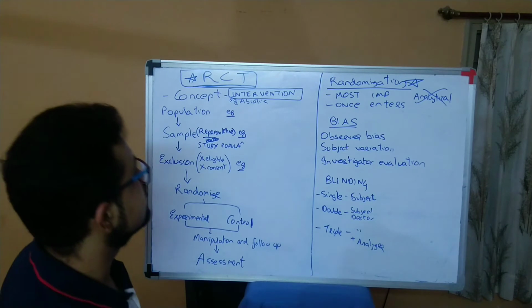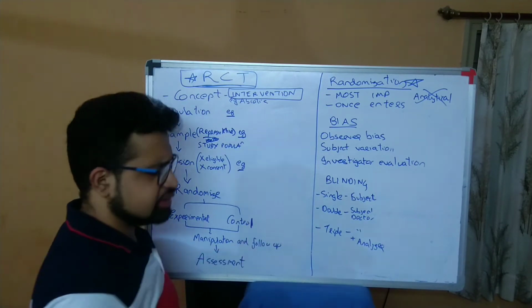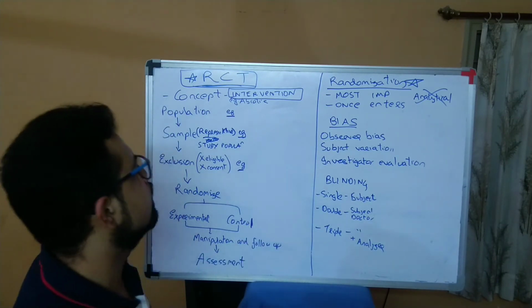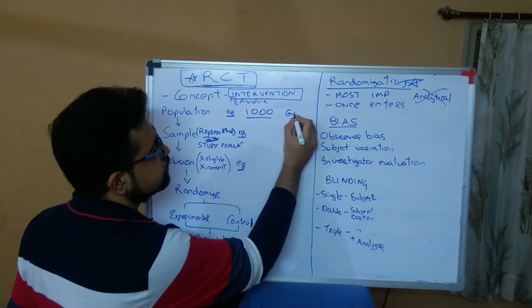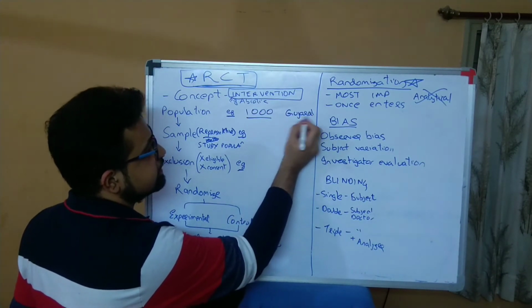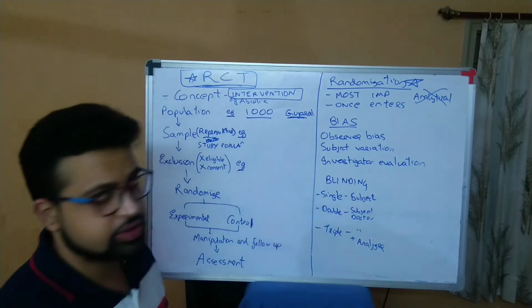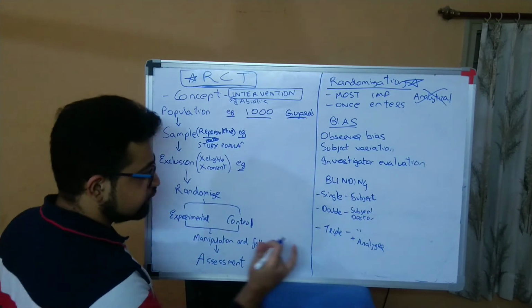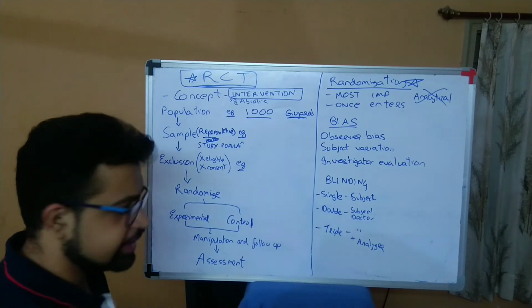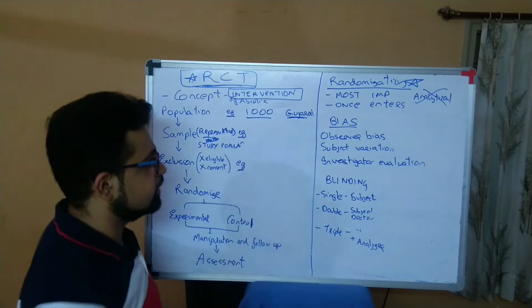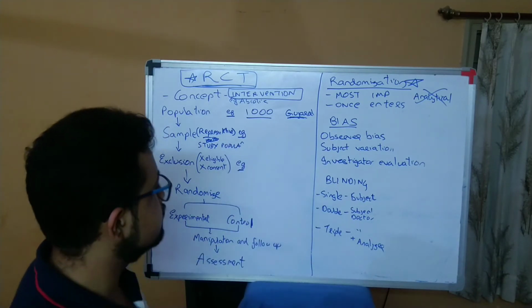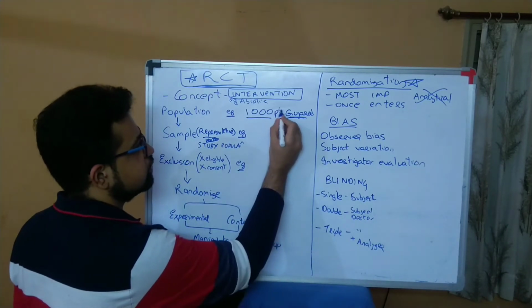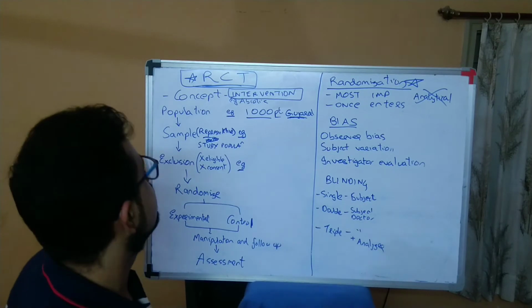So what will you do? We select the population of Gujarat. Let's suppose, taking an arbitrary value, there are 1,000 cases of mucormycosis in Gujarat. So that is the first criterion we inserted in our study, which after getting the assessment and the result, we will say that I selected this population. So we are selecting 1,000 mucormycosis patients in Gujarat, right?